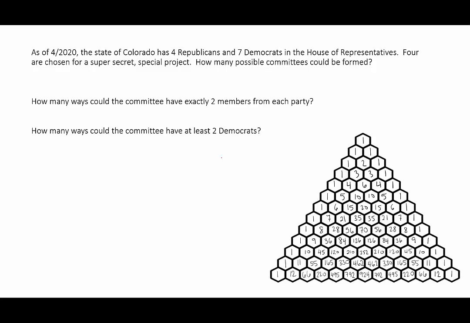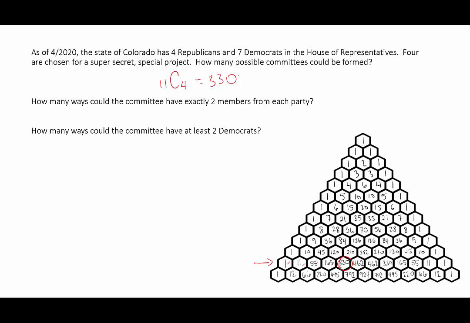Okay, well, this one's kind of boring because it turns out that 4 plus 7 is the same as 5 plus 6, like in the previous problem. Oops. Oh, well. So this one's going to be 11, right? Because we have 11 representatives total, and we're choosing 4 of them. So we're going down to the 11th row, 0, 1, 2, 3, 4. So if it doesn't matter what party they're affiliated with, then there are 330 possible committees that could be formed